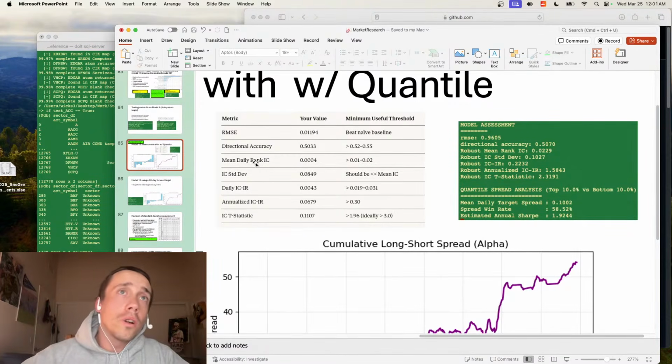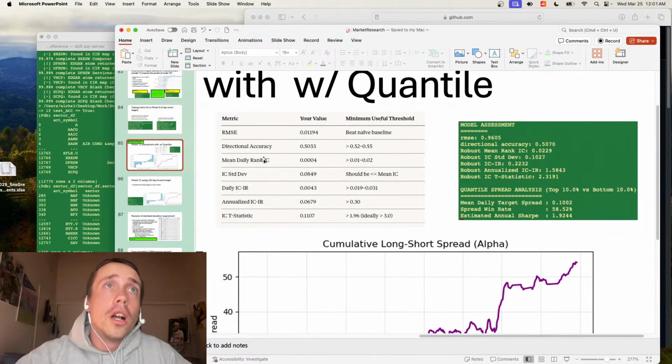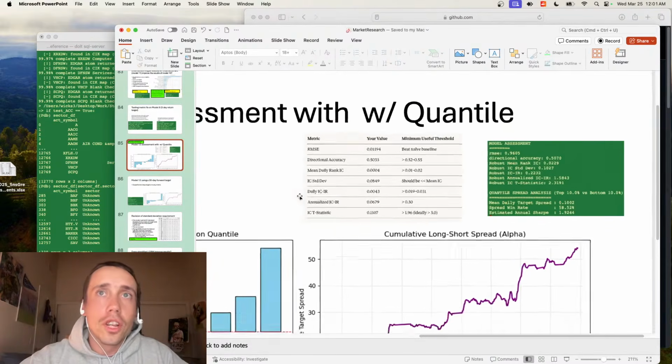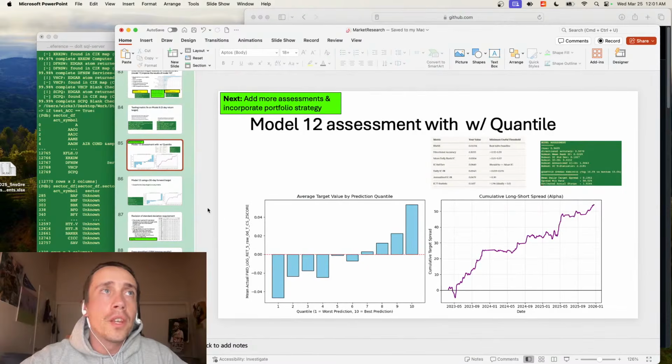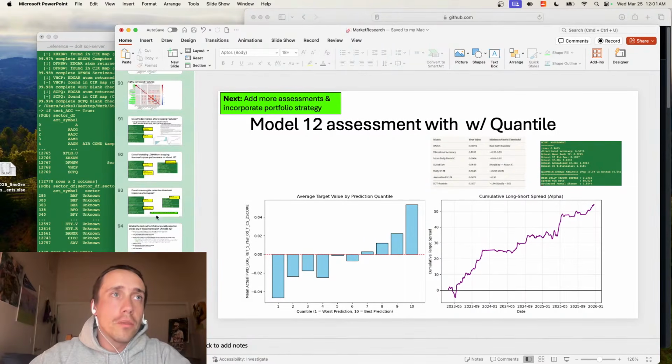So you don't want an information coefficient that's really good and then bad metrics for the others, because that would be a model that returns really well, but it's not very stable. And also, you don't want something that's really stable, but it's not giving you a lot of returns. So you've got to balance those two. The key point here is that this model, the way I was splitting the training data, was getting really good values for each metric and outperforming substantially on every metric.